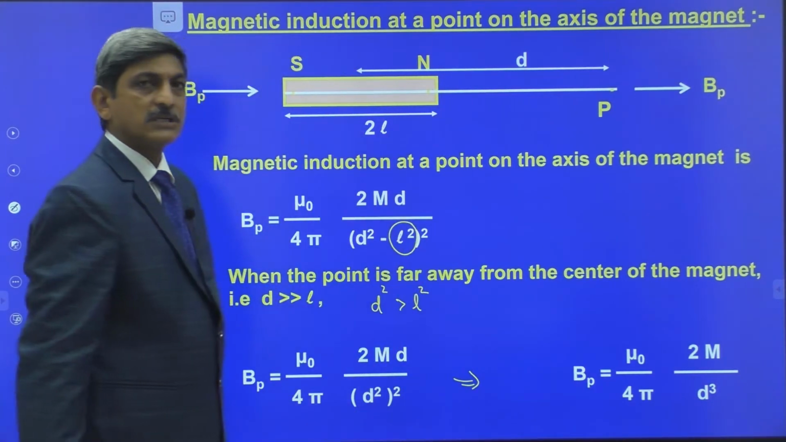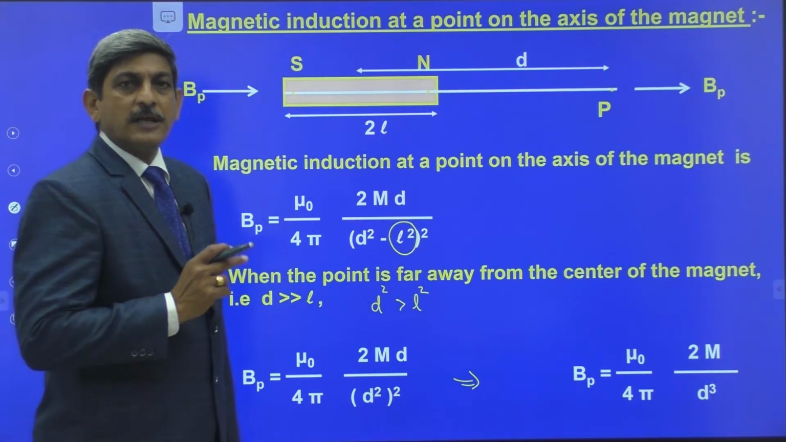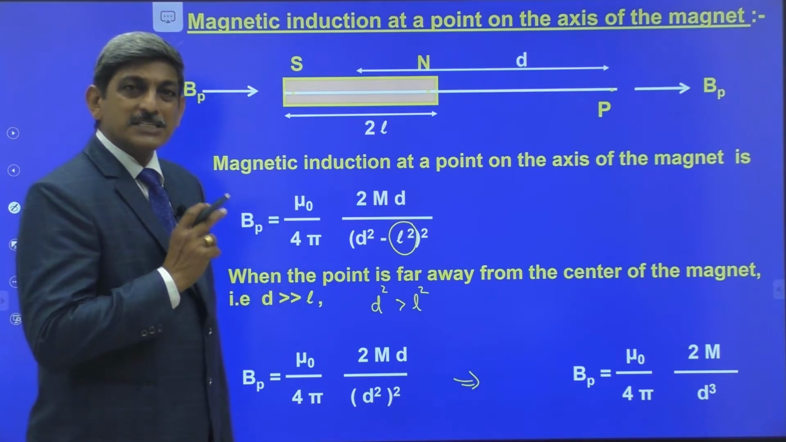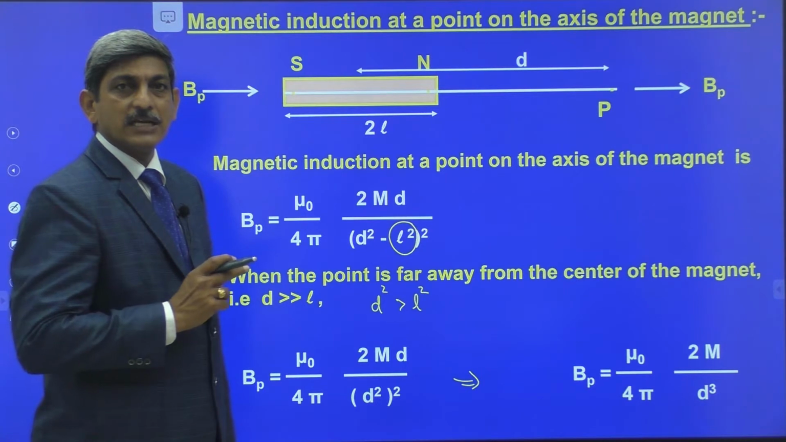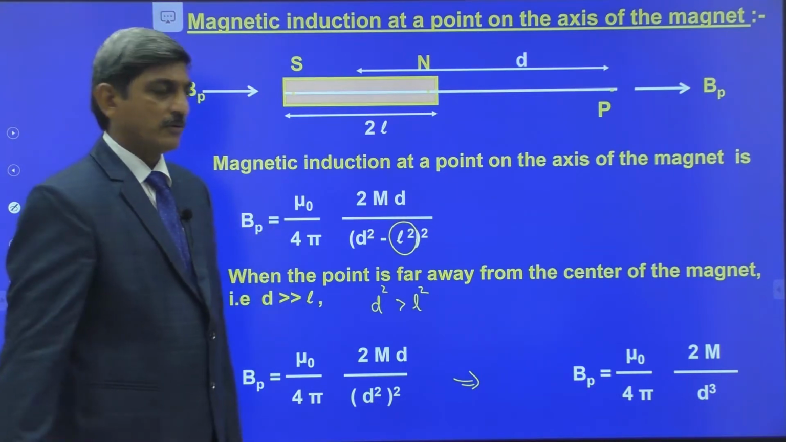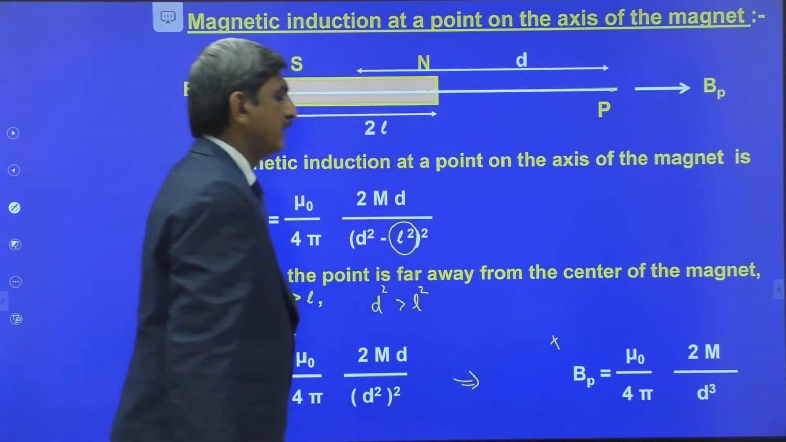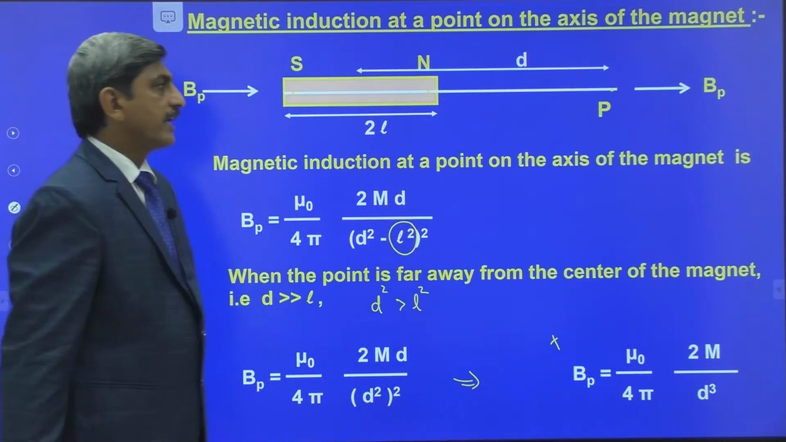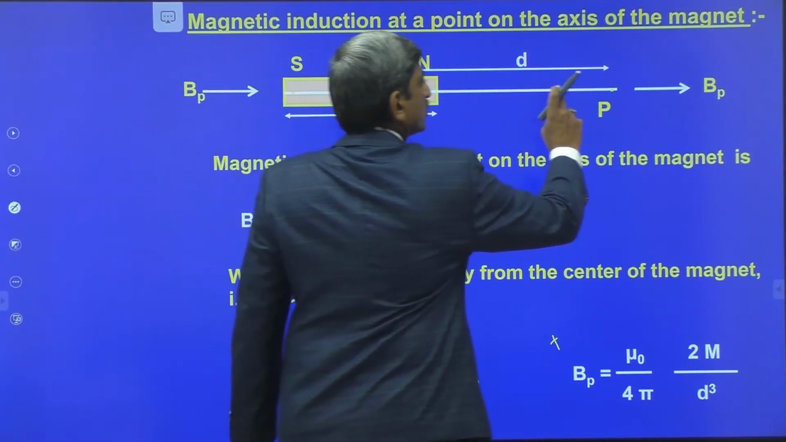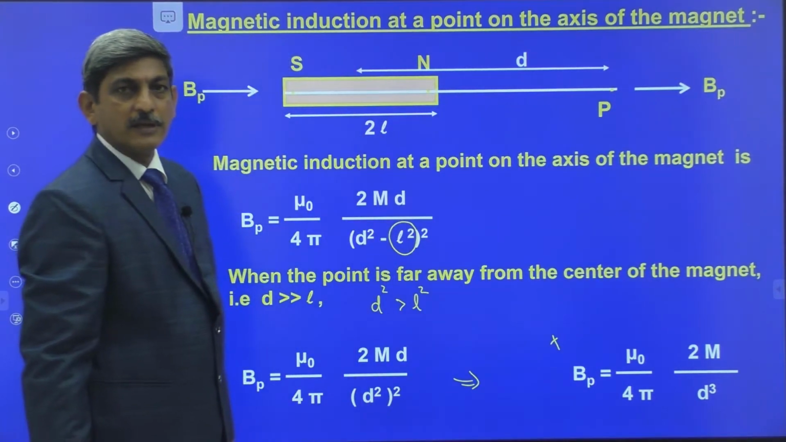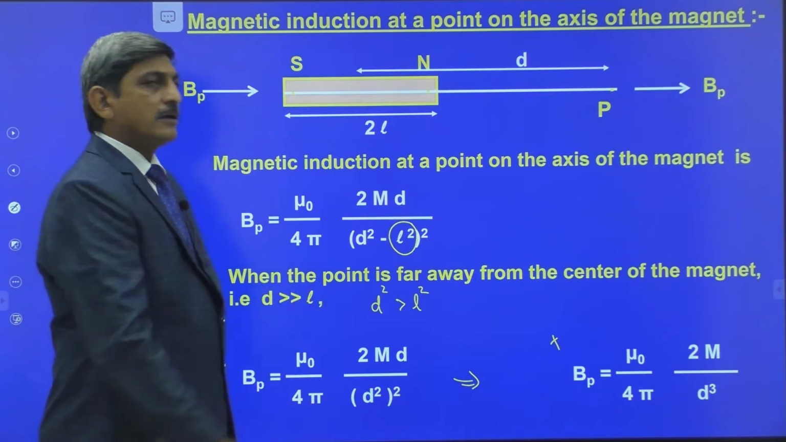In that equation, m is the magnetic dipole moment, d is the distance of the point on the axial line from the center of the dipole. So you keep this point in mind, and the direction of the magnetic field is directed from the south pole to the north pole as shown in the figure. Right? Now come to the